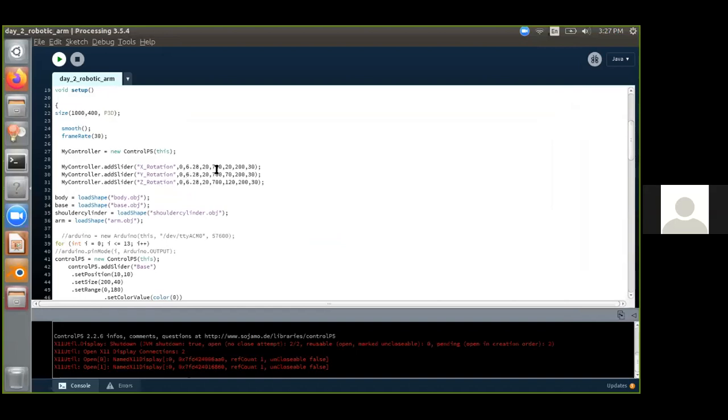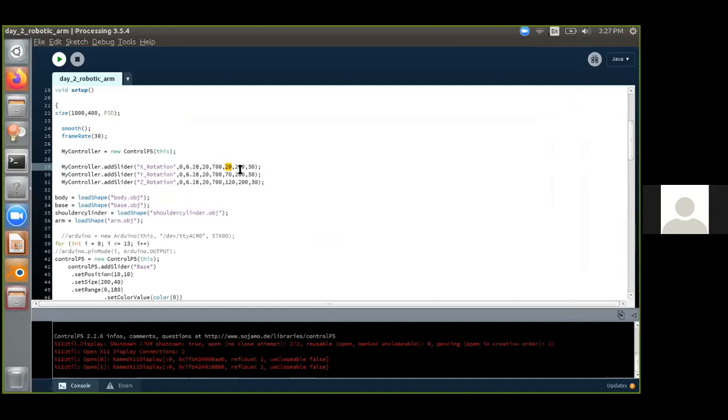So these values, that is 700, 200, are the position on the screen. So X starts at 700 and extends for 200. 20 is the value of the position. You can try changing these values over here.